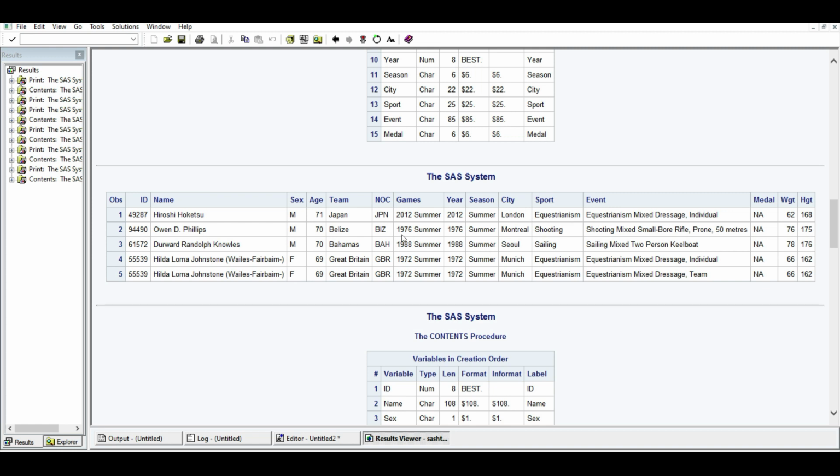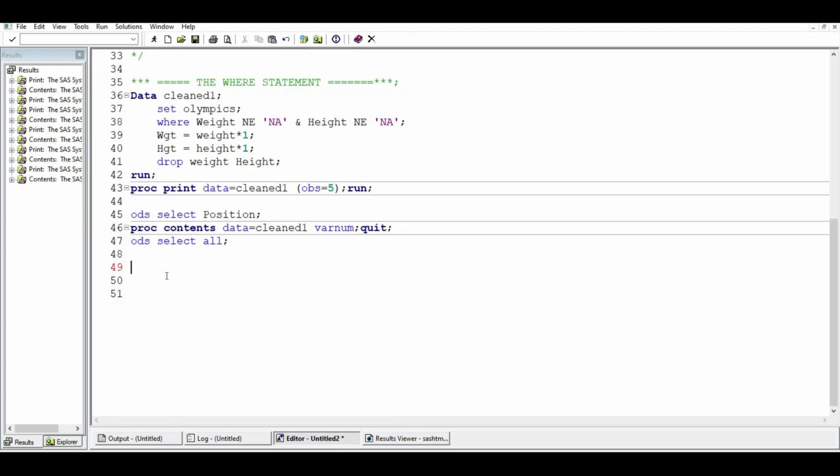Let's assume we need information about the kind of sport, say shooting or sailing. We only want the sport sailing. So how do we do it? We only want this, so we can just come down here. We want to create a data set for sailing. And remember, we want to use this clean data that we just created. So we just pass